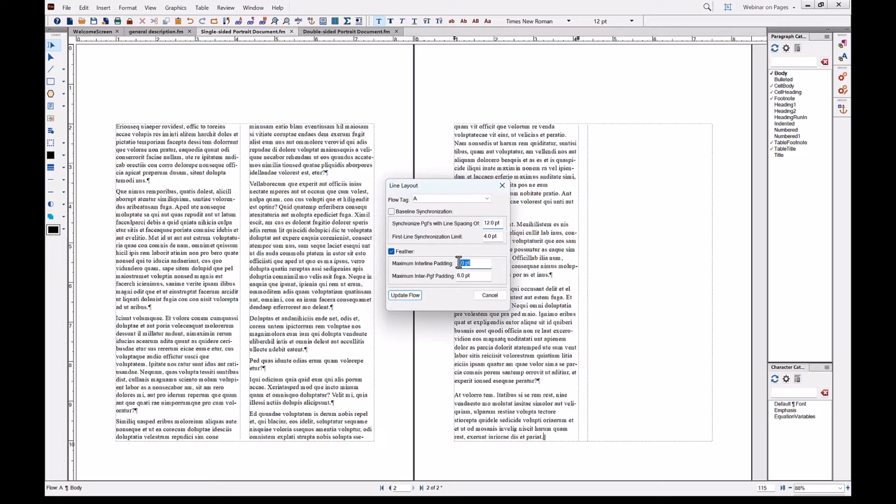I can say, do not add space in between the lines of my paragraph, only between the paragraphs. And if I do that, it will straighten this out. Now, while I'm still here, let me just say there's yet another feature you probably haven't used and most of